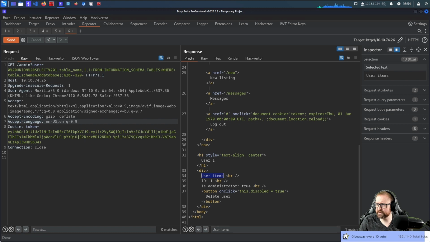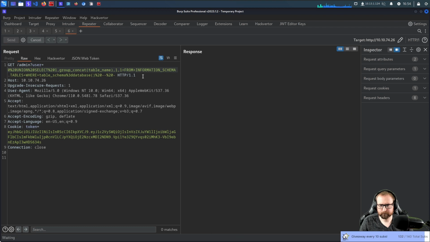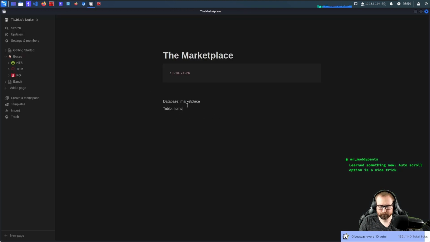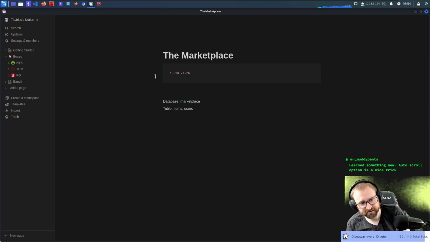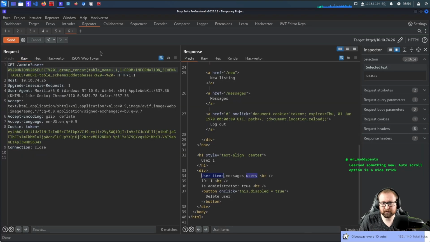Actually, we won't enumerate the tables one at a time, rather than listing. So if we do a group concat, there is a users table. So we really don't care about the items table. We do care about the users table because there's probably going to be usernames and passwords in there. I mean, I can guarantee it actually.